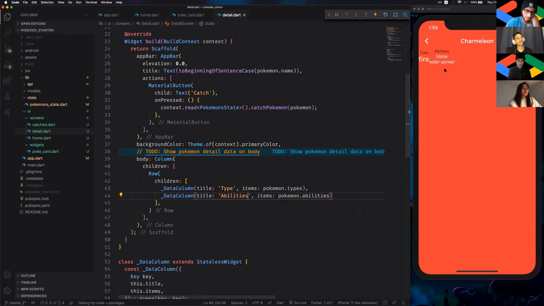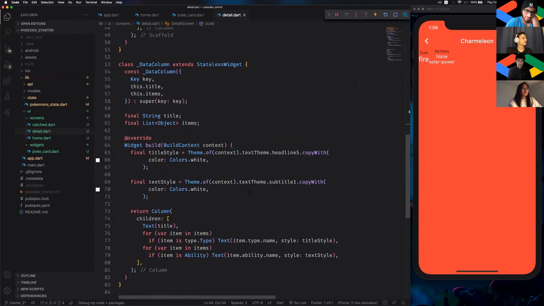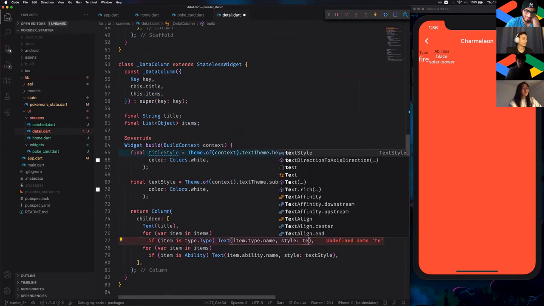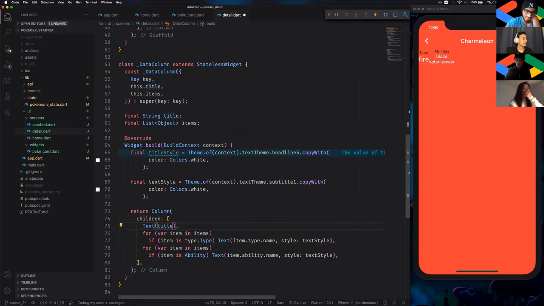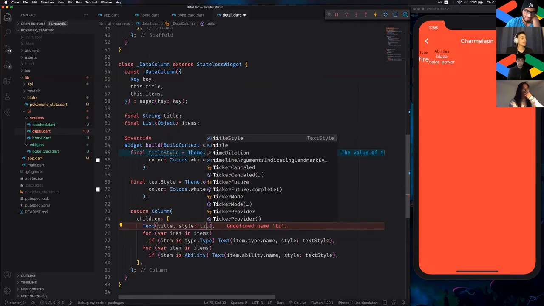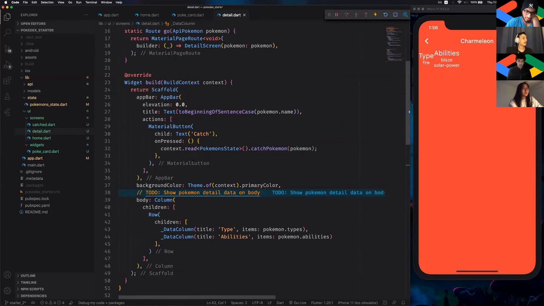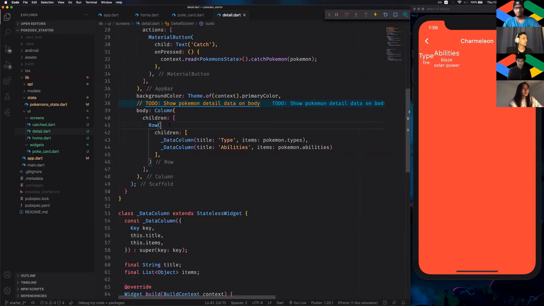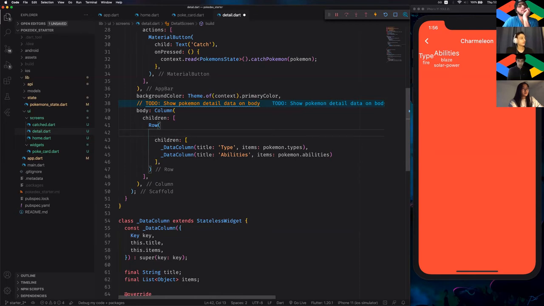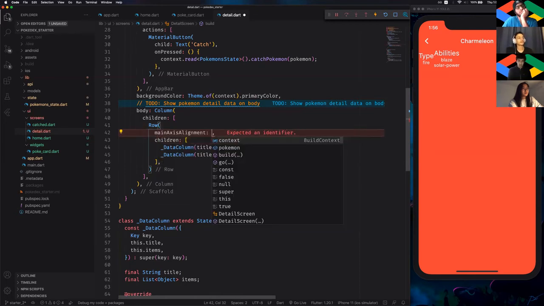Okay, so now we can see. Oh, okay, so yeah. Basically, this is also text style, and this title is the one that uses title style. Yeah, it makes sense. So we now have some text and some stats there, and we're gonna just use some properties of the row to actually align better